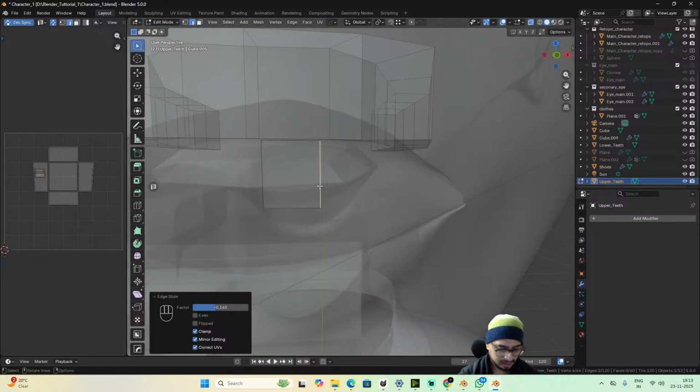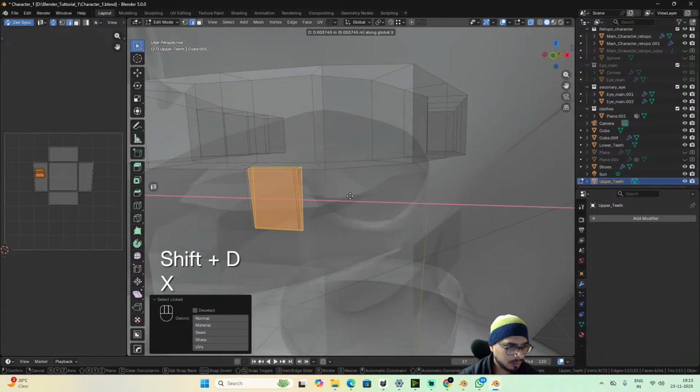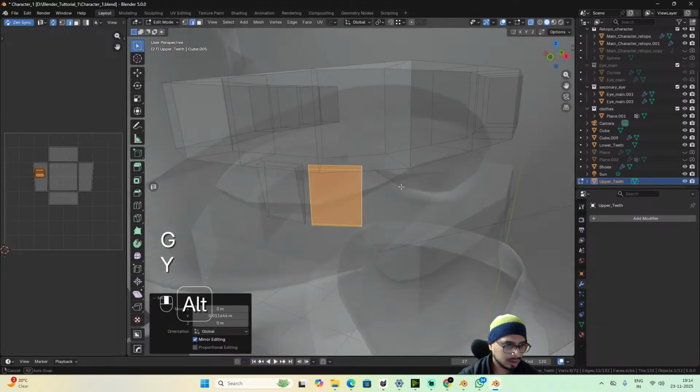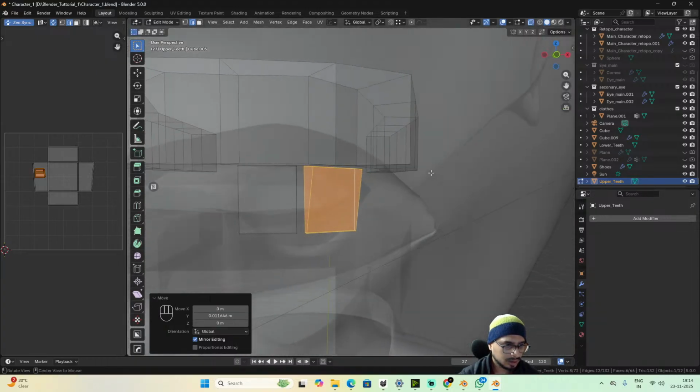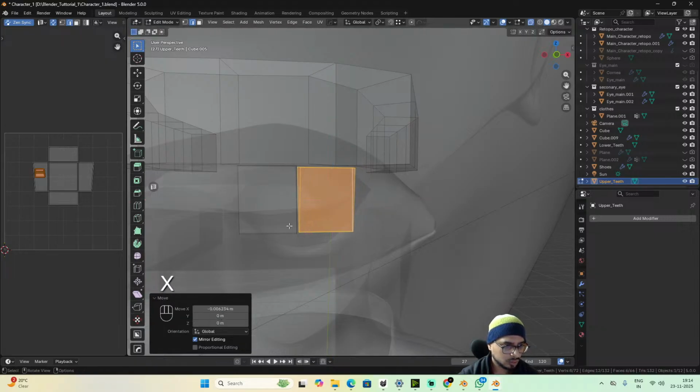And then I'll select only this teeth and duplicate it, rotate it on Z, move it back a little. This is like too much of rotation, so less rotated, move it close to the first one,